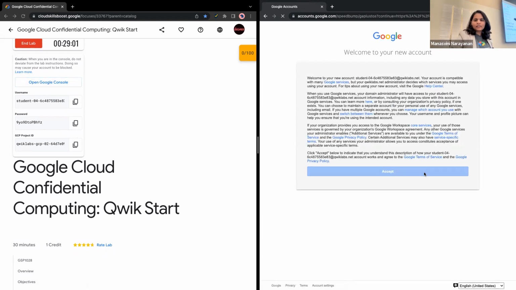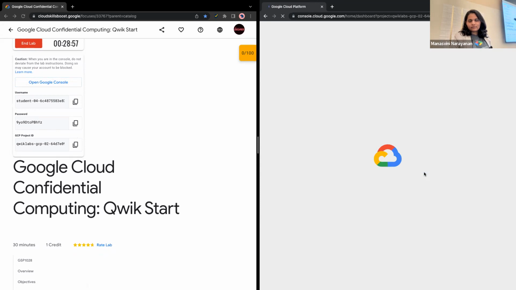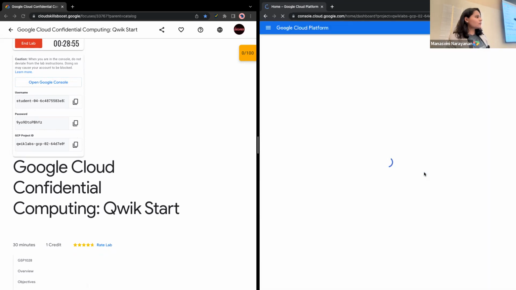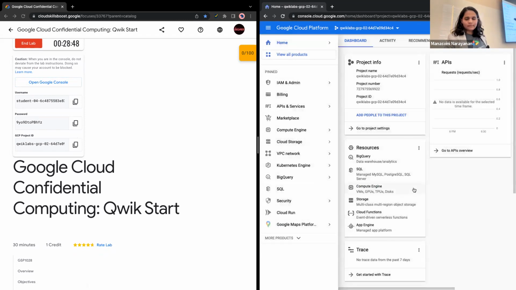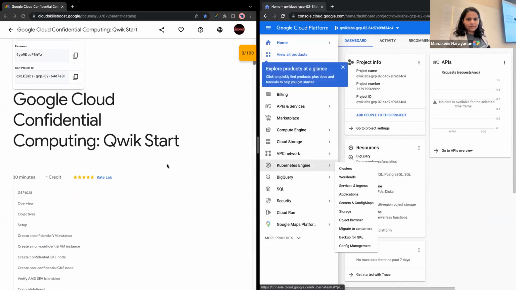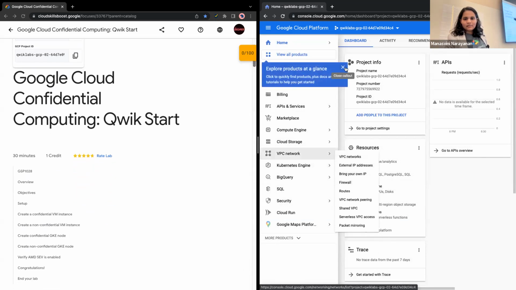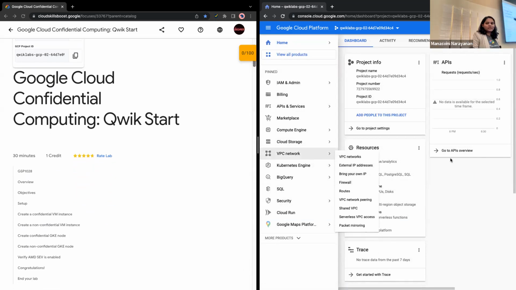Click next, accept the terms. Welcome to Google Cloud Platform. I found it pretty cool the first time I tried this, knowing that I'm having access to the actual Google Cloud platform that Google provides to us to learn.